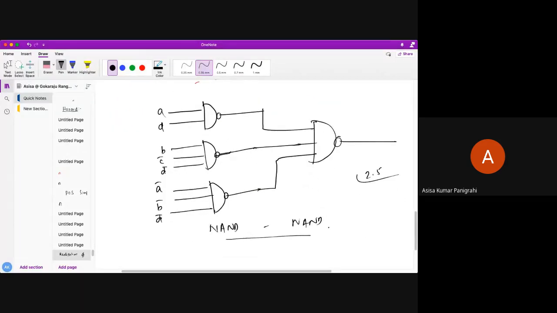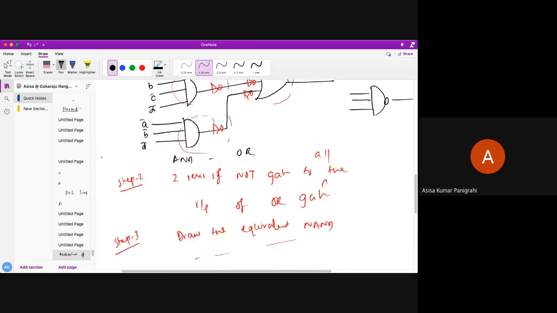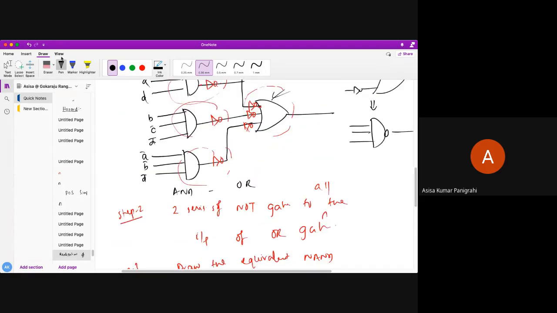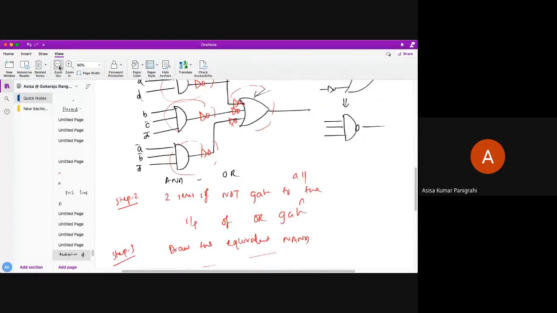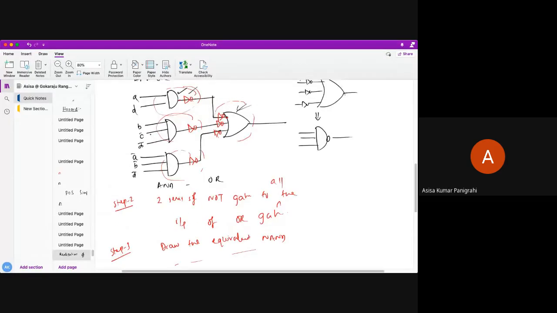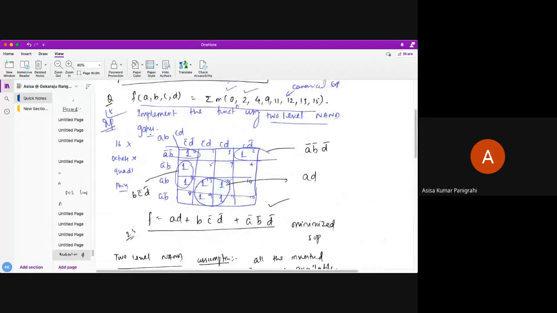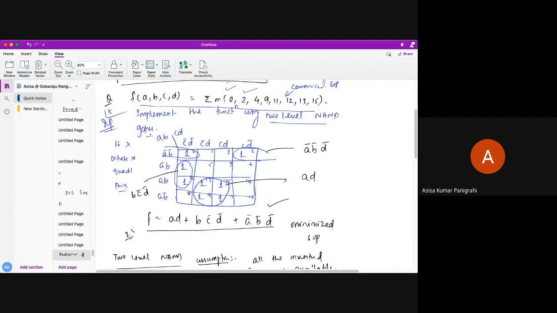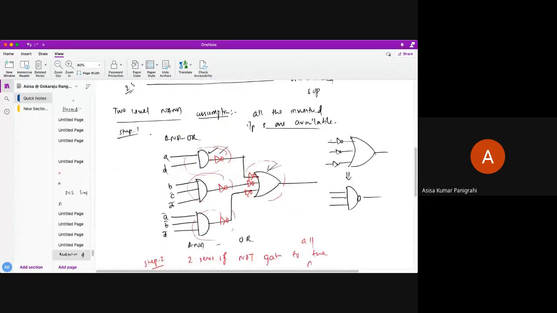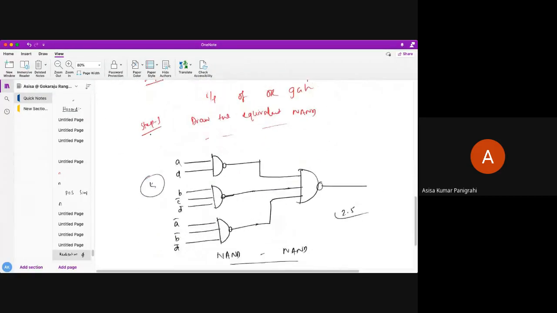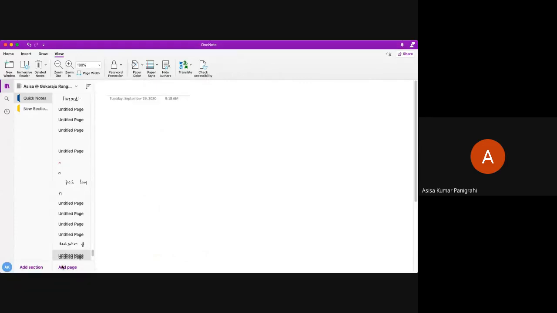So this is a 5 mark question, students. Obviously, this type of question you can expect in mid exams as well as in the main exams. Okay, so this is the way. Do you all understand what I have done? Actually, very simple, nothing else. All these things we have already studied. So the function is given, you need to minimize the function, then realize it with 2 level NAND gate. Okay, so next question, if there is no doubt, we'll move to the next question, the realization only.